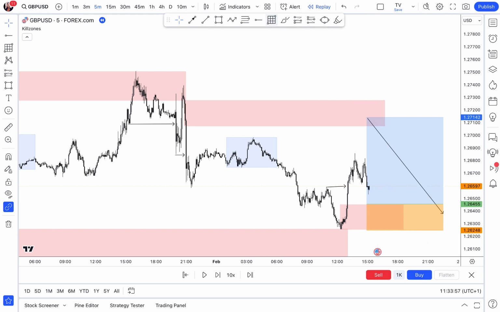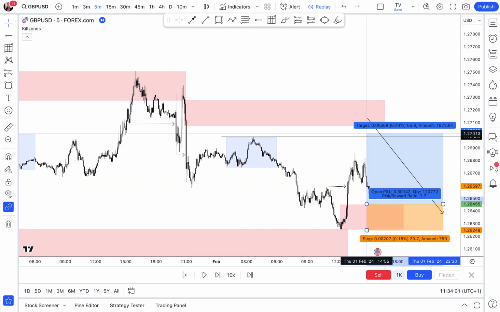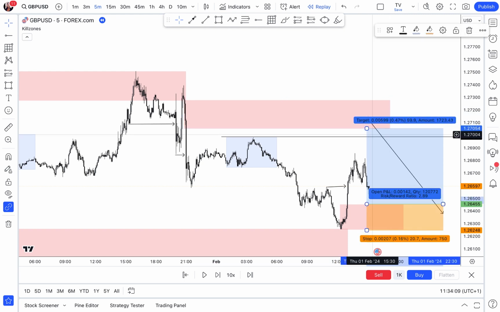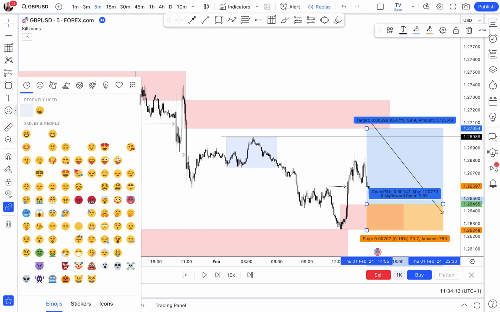So let's see for my take profit now. Since this is a buy trade, to be honest, I'll be looking for this Asian range high to be taken, which is about 50 pips. But if you want to hold for long, you should be looking at this level of supply right here. But for me, I'll be out of my trade at the Asian range